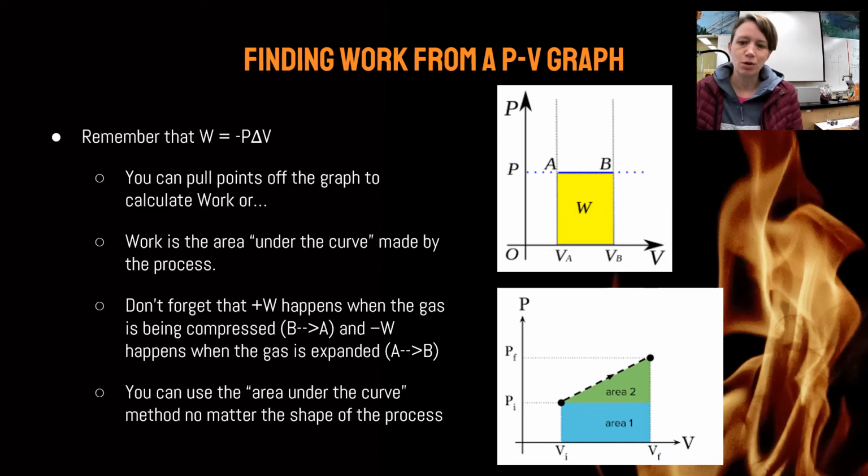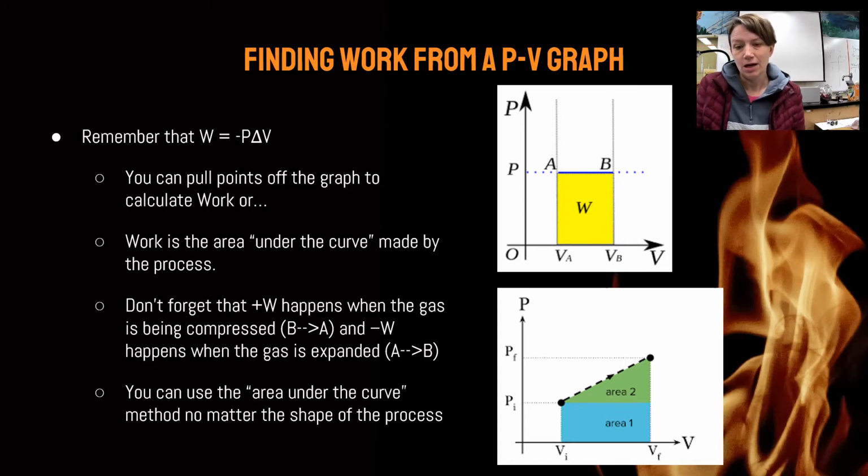In this class, the most complicated shape they would ever ask you to figure out the work for would be a thermodynamic process where we have a linear graph, where the volume is changing in a straight line as a function of pressure, or pressure changing as a function of volume. So this would be really ugly to try to use the negative P delta V situation for. Well, not really that ugly, but P is changing, and so what do we do with the P in that equation? So for me, it's much faster and more accurate to use the area under the curve method,